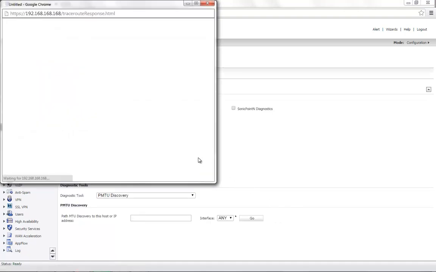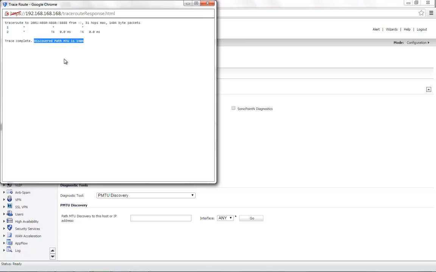You will see a pop-up on the screen and the discovered path MTU. Here the path MTU is specified as 1404. Since this tool uses a pop-up, we need to make sure that the browser that is being used has pop-up blockers disabled. This tool assists operators in troubleshooting MTU-related network problems.